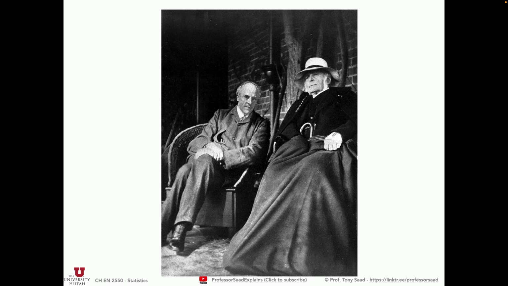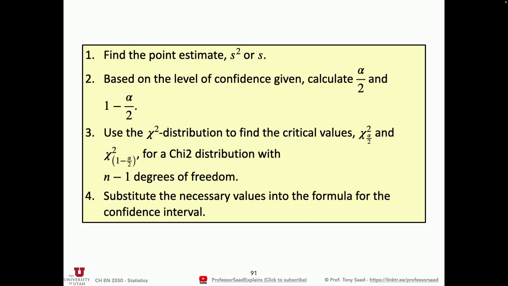I call them chi-squared low and chi-squared high, and I'm happy with that. So this is a pseudocode or algorithm of what you need to do. Find the point estimate based on the level of confidence, calculate alpha over 2 and 1 minus alpha over 2, and use the chi-squared distribution to find the critical value. So the PPF in Python, or a reverse lookup if you're using Sheets or something else,